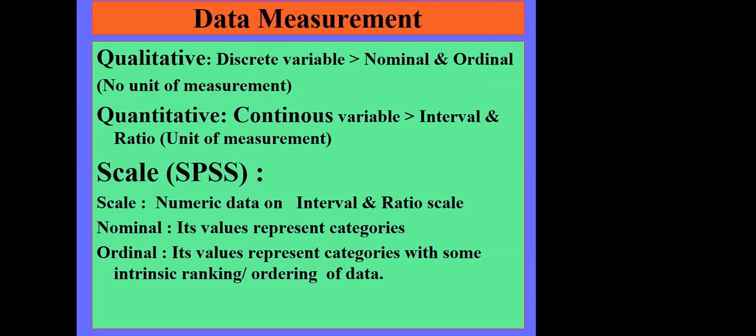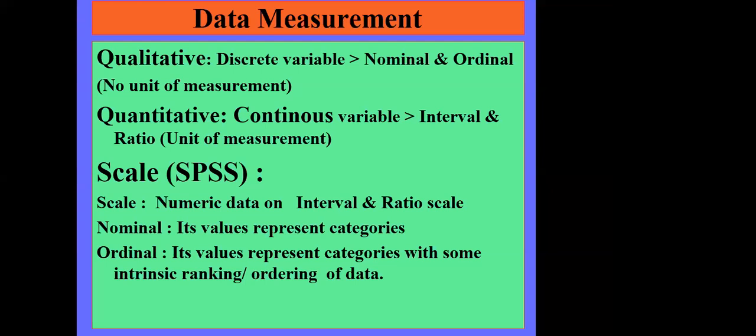Say for example age. When we treat this data, we summarize the data using mean plus or minus standard deviation. If you are dealing with qualitative data, say for example sex, we express what percentage of males are there and what percentage of females. So based on this type of measurement, we use different statistics. When we are studying the association between two variables, if both the variables are qualitative, we use chi-square. If both the variables are continuous, we use correlation coefficient. So it matters which scale the measurement belongs to, whether it is nominal, ordinal, or ratio.